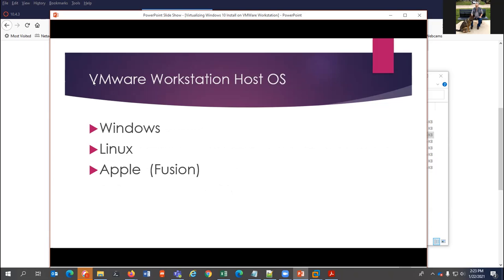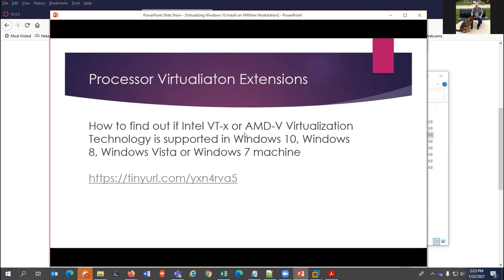You're going to have a host operating system. VMware will run on Windows, it'll run on Linux, and Apple if you use the Fusion version. One of the things people get hung up on a lot of times is they meet all those requirements and then it doesn't work. Well,